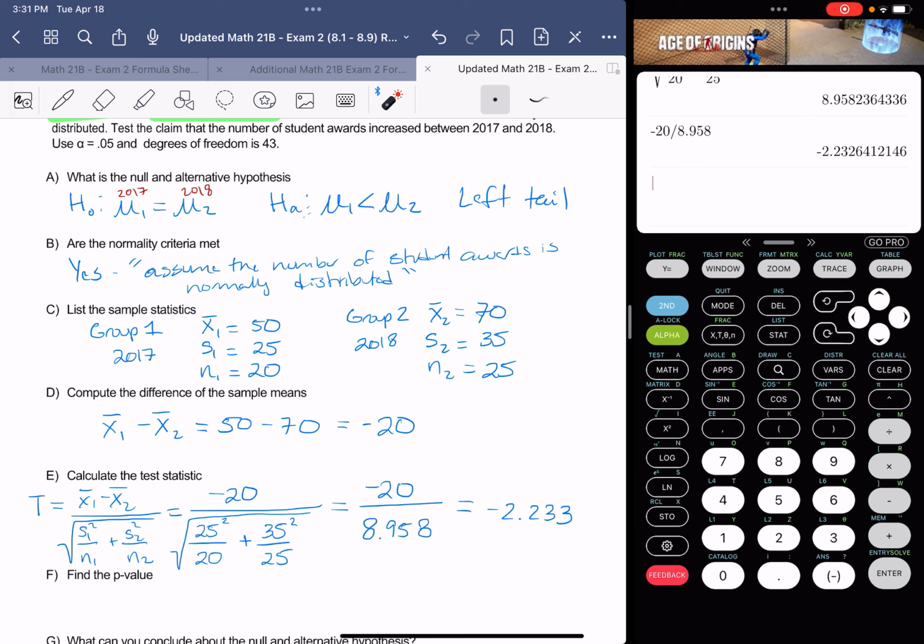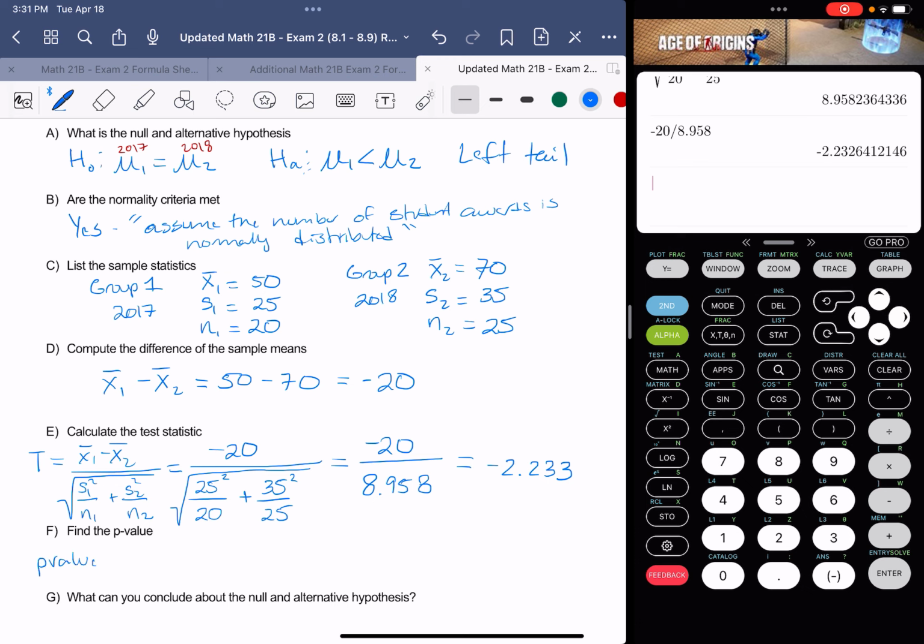Any other questions up to here? All right, part F, let's find the p-value. So we know we're going to use our calculators for that. P-value equals TCDF. Since this is a left tail test, it's going towards negative infinity, right? So that'll be negative 99999 up to the test statistic, which is negative